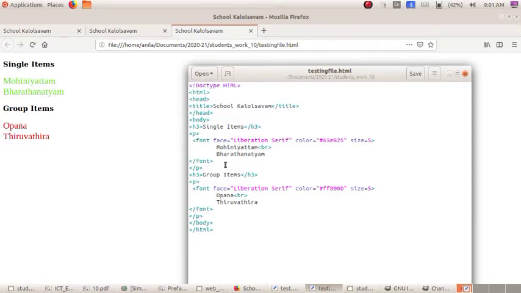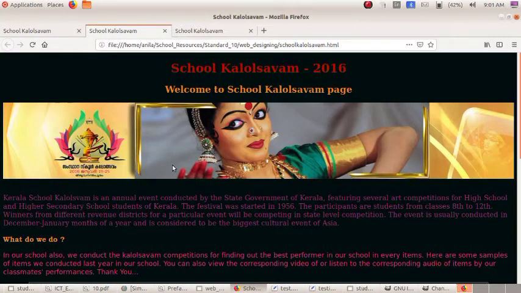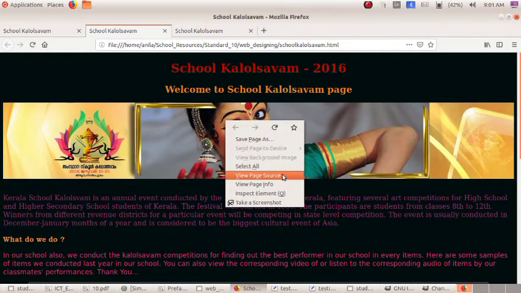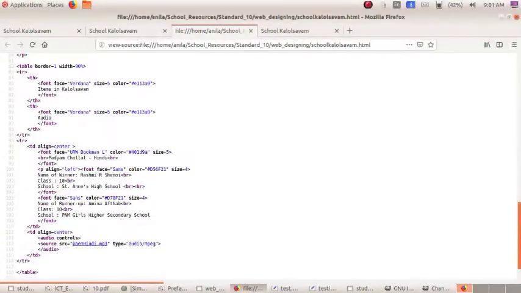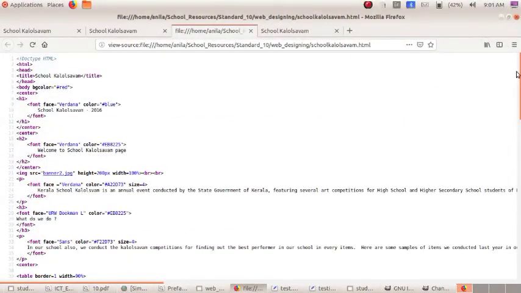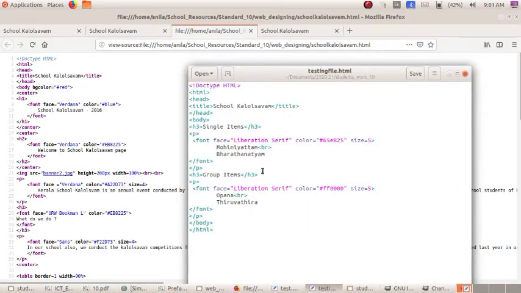This is a small web page. Okay. And you have studied or you have listened the web page source of this Kalotsava. So this is a very big page. Okay, there are lot of codes here. So is it possible to give the font face and styles to each and every heading and each and every paragraph? Is it easy? No, it is not possible for a large file.